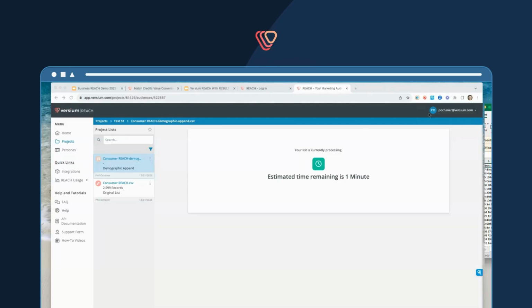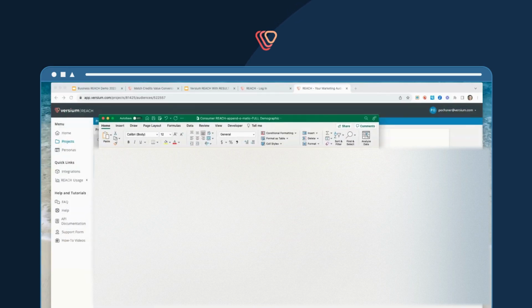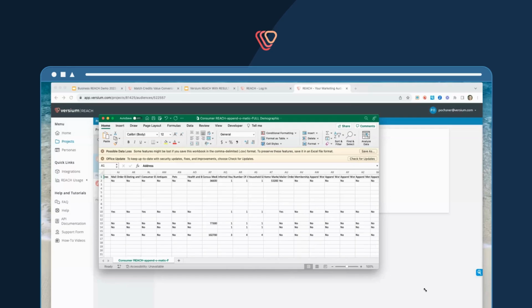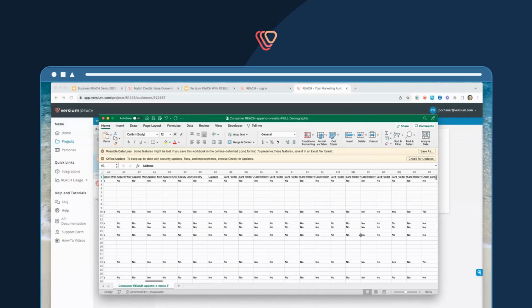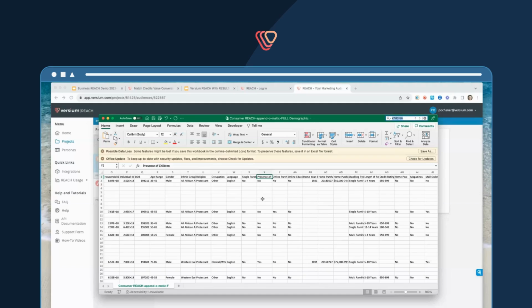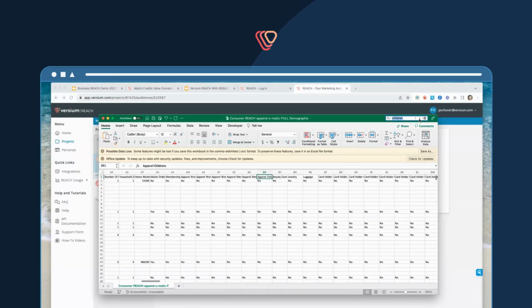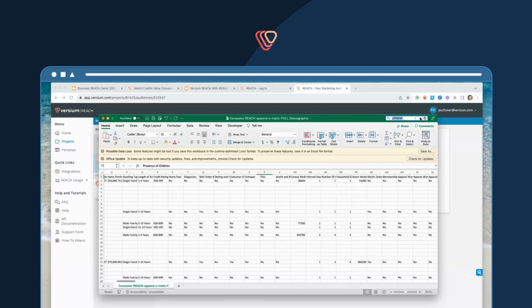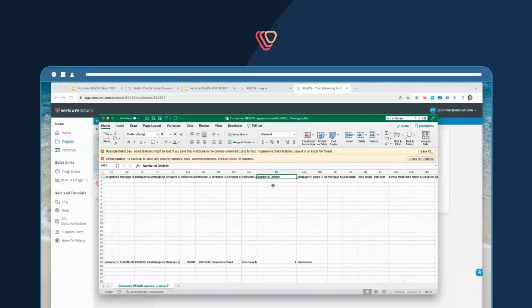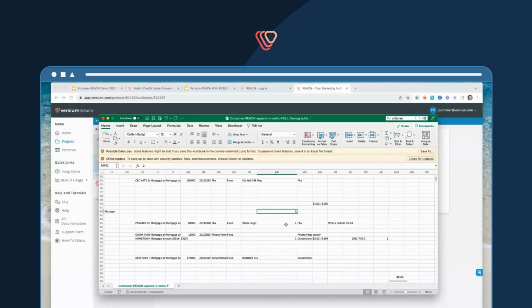I will show you a file of all of that additional information. Same file here, a lot of the same information at first, but instead of, for example, the number of kids in the household, this full demographic will actually show you the number of kids in the household. All right, presence of children, no, no, yes. Let's keep on going. As you can see in this file, number of children in the household, 1, 2, 1, 1,